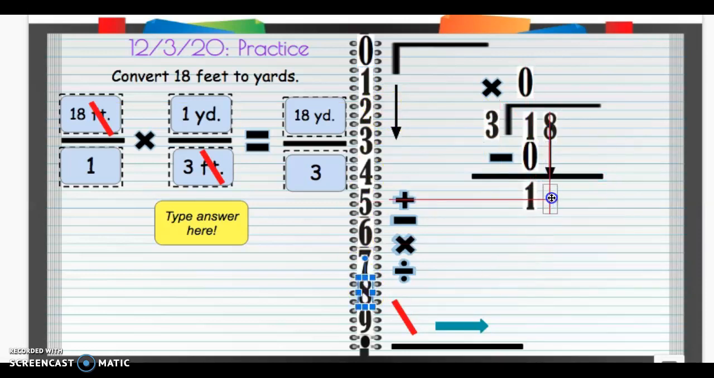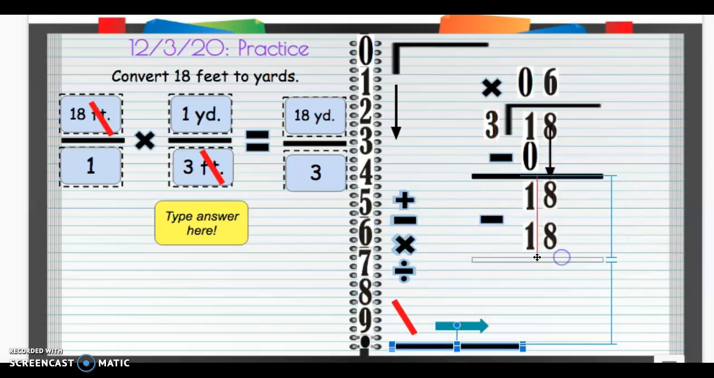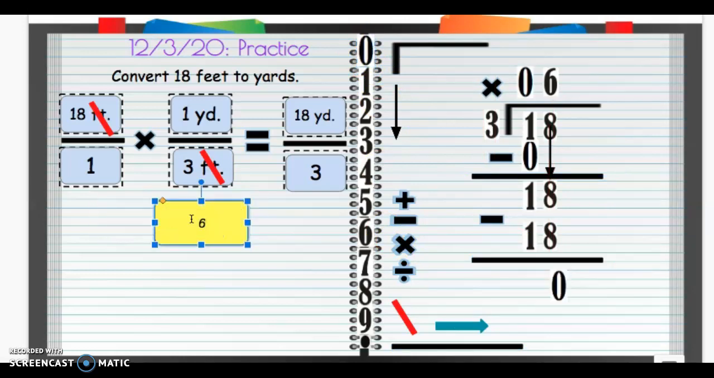So now I have to ask myself, how many times can 3 go into 18? And the answer is 6. So you get 6. And you're gonna take 6 times 3 is 18. And then you will subtract it. And 18 minus 18 is 0. So your answer is 6